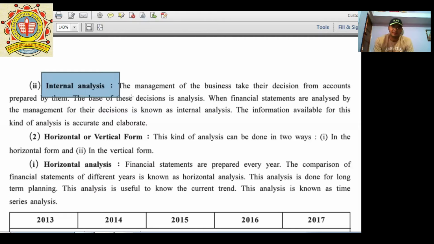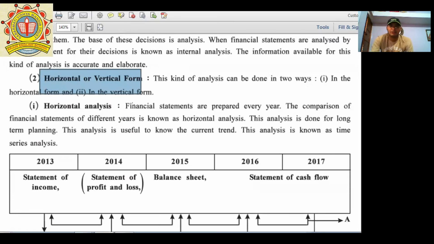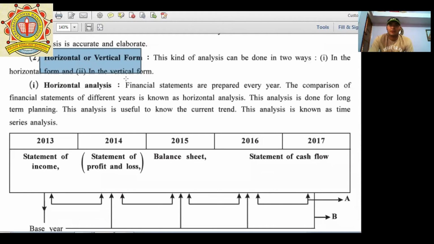Simple. Next one, horizontal or vertical form. So here there are two forms, horizontal and vertical. First one, horizontal. Financial statements are prepared every year. The comparison of financial statements of different years is known as horizontal analysis. Means here the comparison of financial statements